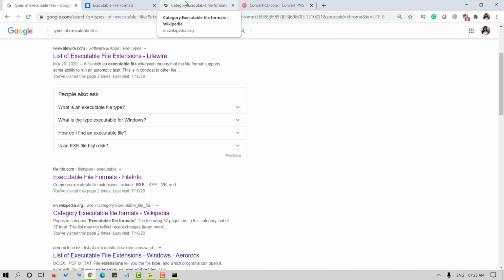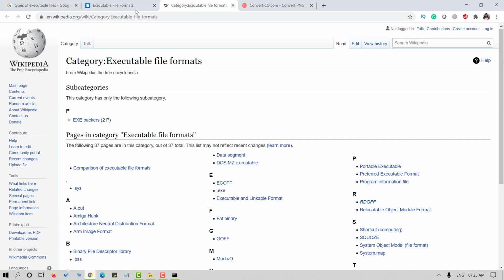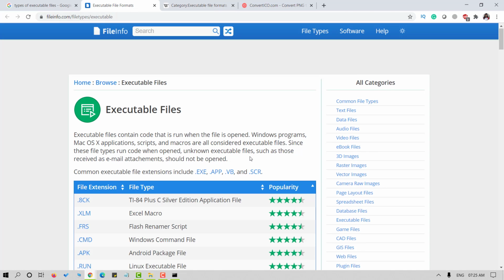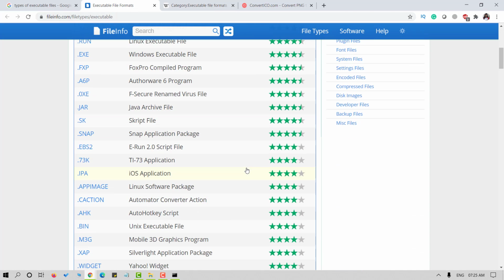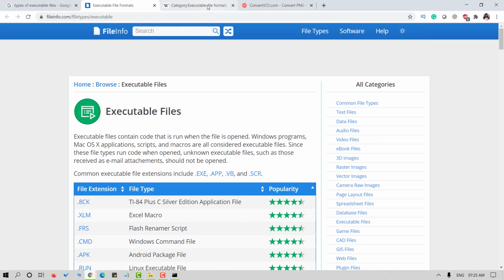Programs, Mac OS applications, scripts, and macros are all considered executable files. So you can refer to this Wikipedia page or the second link on Google which I just opened to find some executable file formats here.